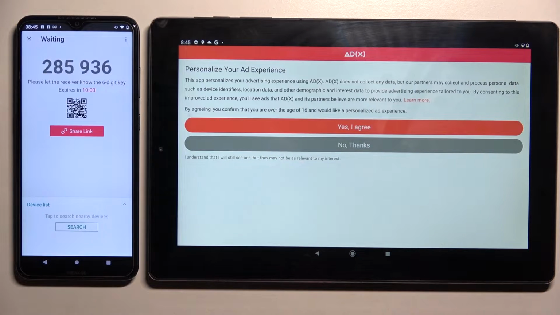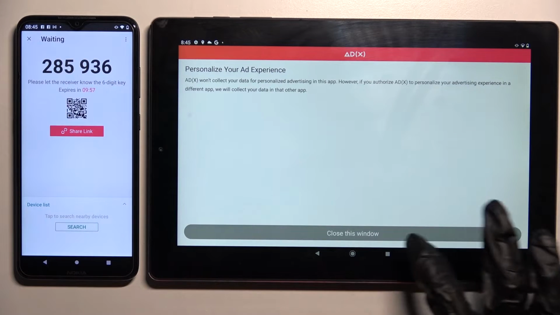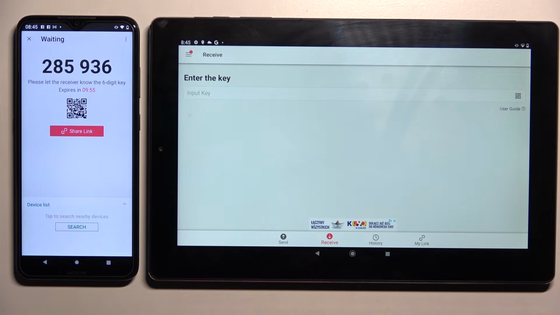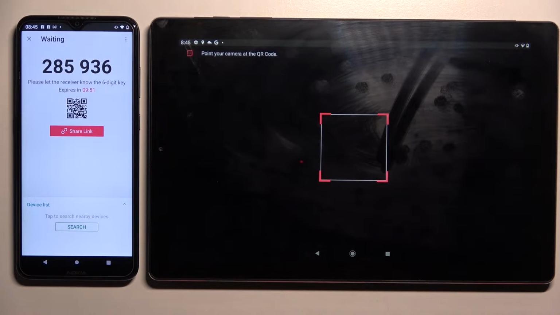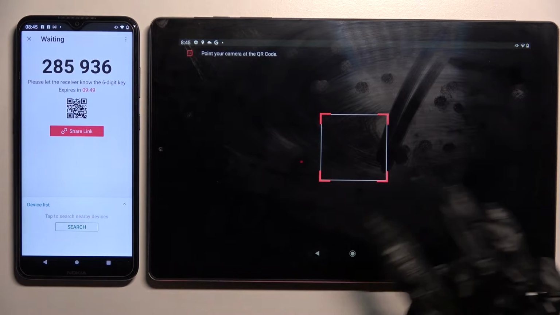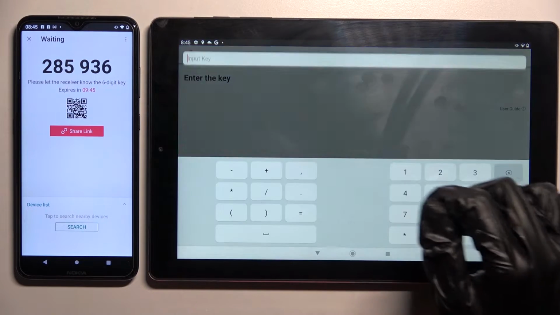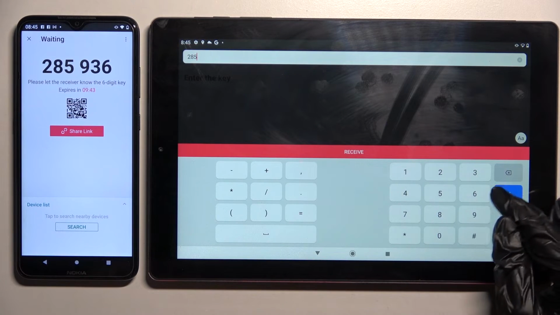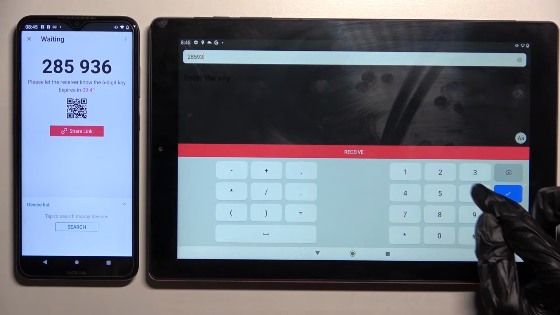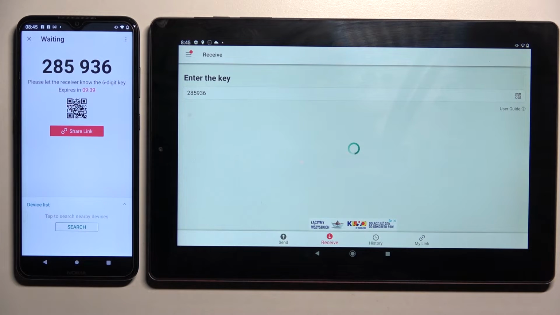Got It. As you can see from here, after clicking No Thanks and close this window, we have two ways to connect. We can scan this QR code by selecting this scanning icon and choosing Allow, then pointing our camera at the code, but we can also just input this key here and choose Receive. Now after a couple of seconds, as you can see my picture